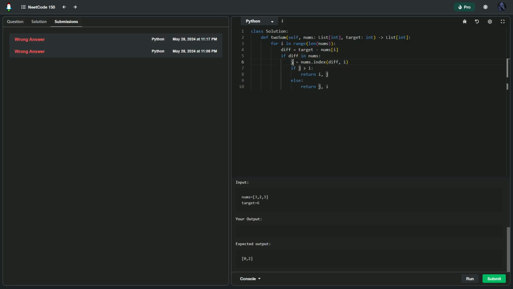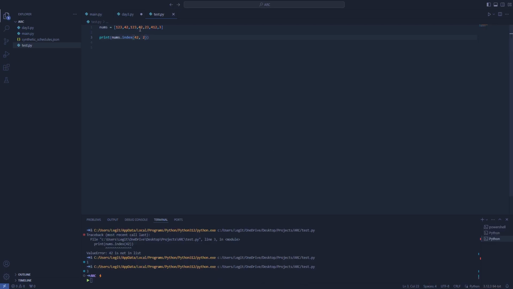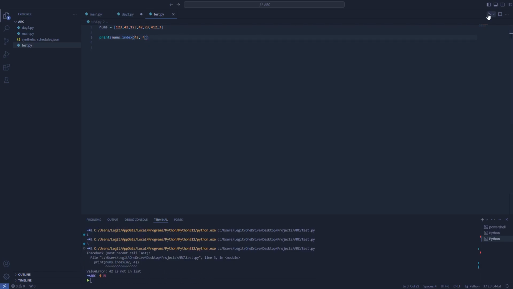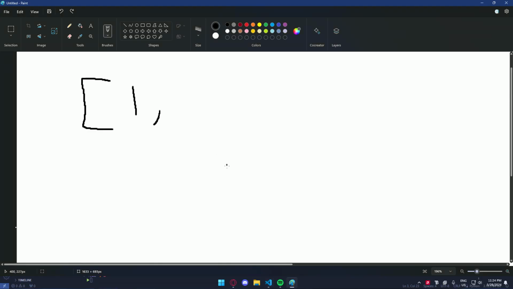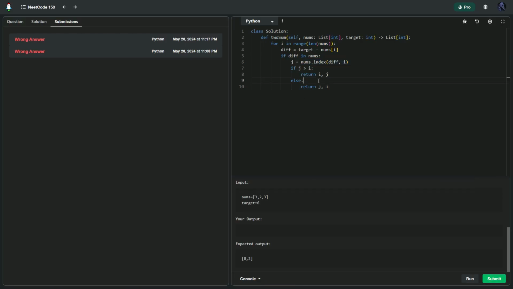Okay. So if it exists, we're going to try to find it. But what if it doesn't exist? Let's say, would it prompt an error? That would be a problem. Let's see if we start at position 4. Yeah, 42 is not on the list. So if we do over here 42 in list, so